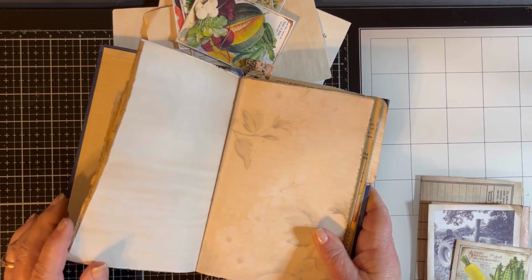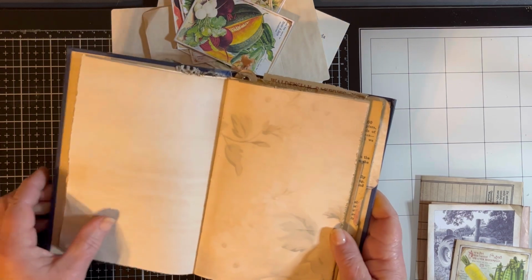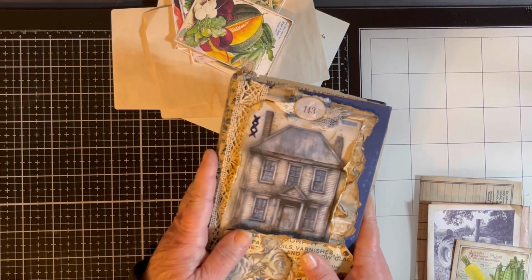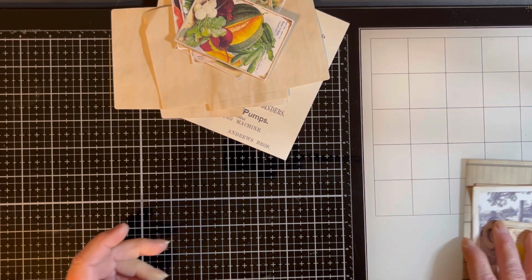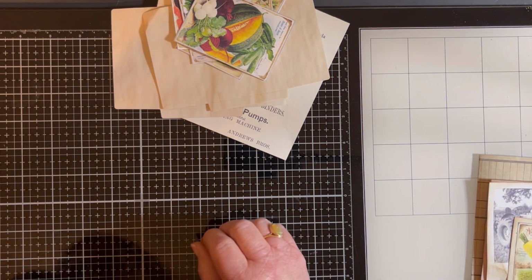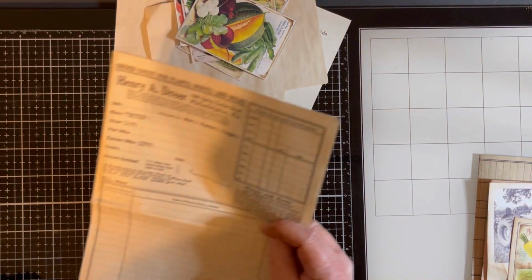is really a cute idea. You may not like it, but I thought it was cute. So I'm going to show you what I did, and you can let me know what you think in the comments. So I have this original